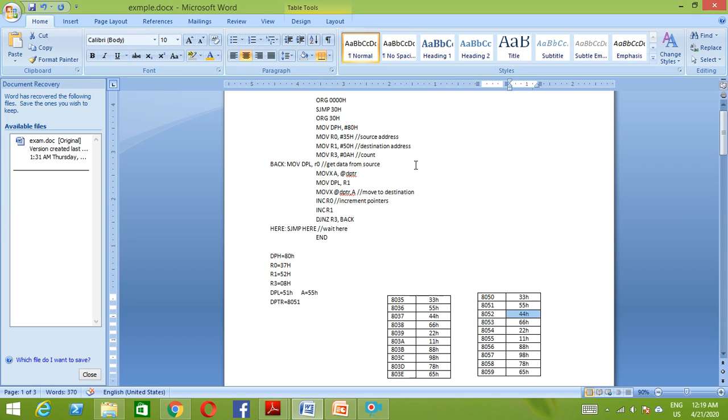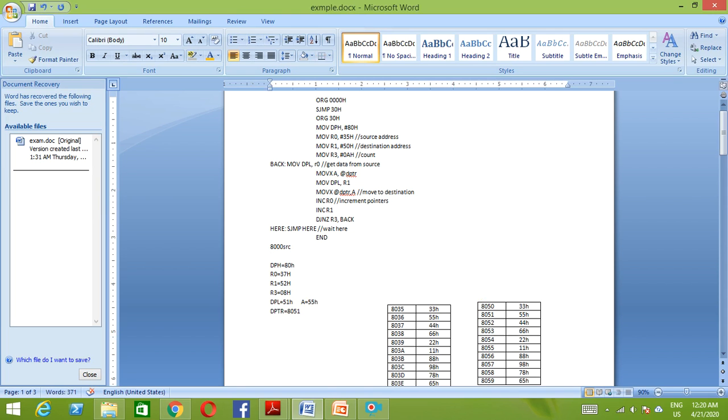So if suppose in the same program you want to make some changes, so instead of this 8035, in the examination they would ask you to write a program where the location is somewhat different. Okay, so the source location, if they are giving something like 8000 as the source, and the destination as 8200, so simply what you need to do is replace the r0 and r1 content.